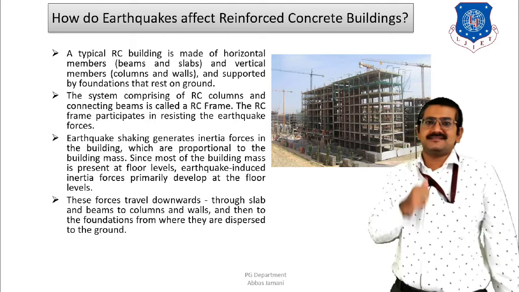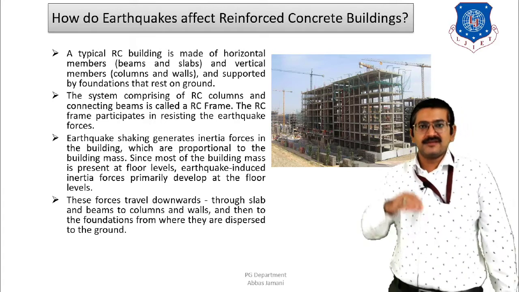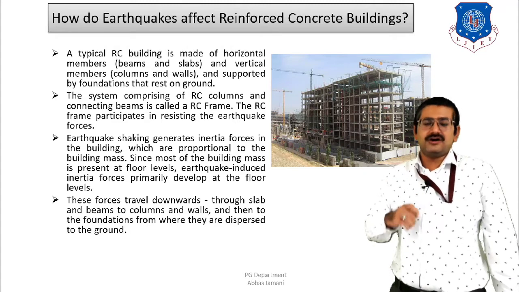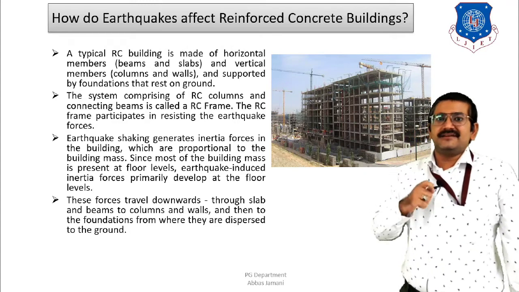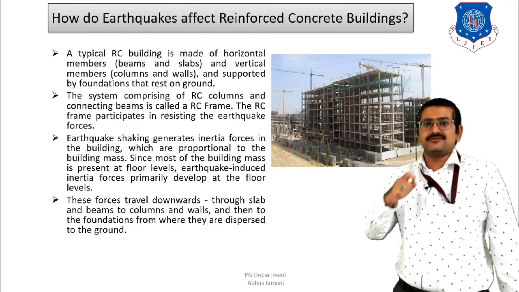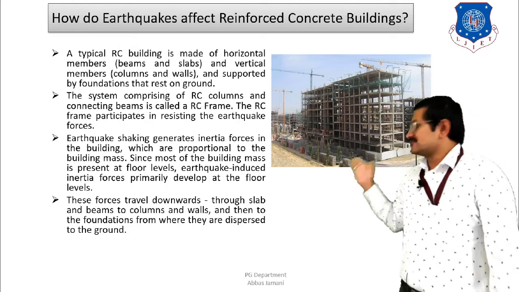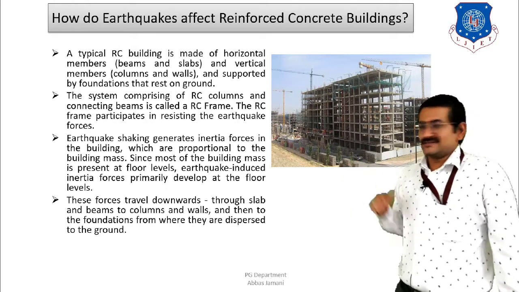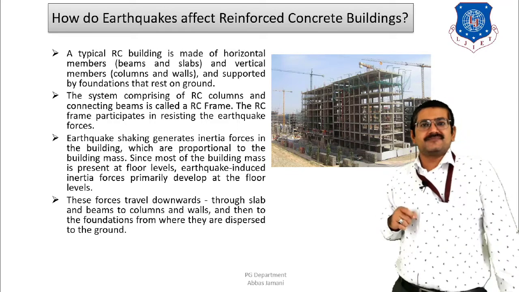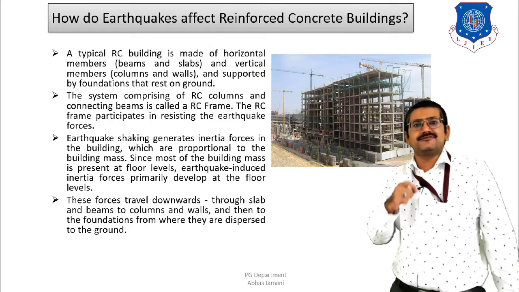So in case of an RCC building, the inertia force is going to be concentrated wherever the mass is located. In RCC buildings, the mass is concentrated at the floor level. As a result, different inertia forces, depending upon the quantum of mass, are going to be concentrated along the height of the building. So if I am talking about the multi-story building shown over here, then at each and every floor, the concentration of mass is going to be there, leading to the generation of inertia forces. Why are these inertia forces and masses related?